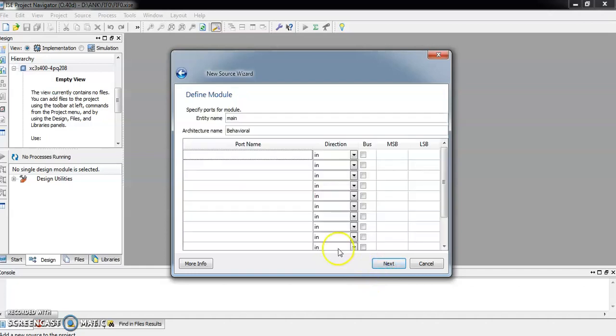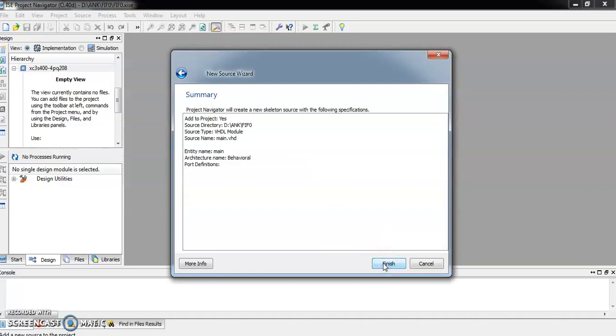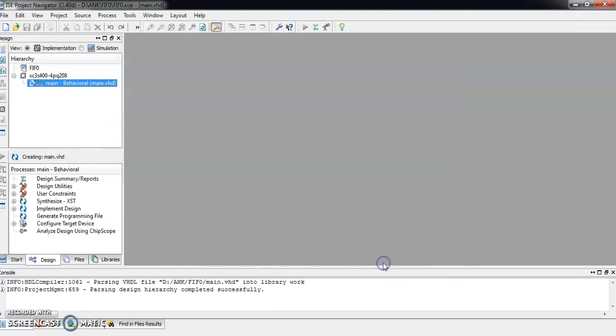Click on Next. At this point we can write our entity or mention our IO pins here also, but right now we will keep it blank and we will write all pin definitions while writing the main program. So click on Next and click on Finish.